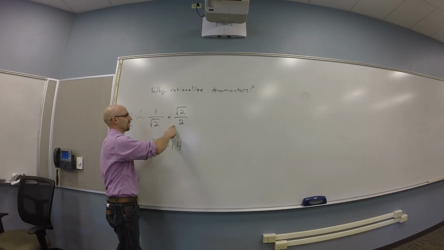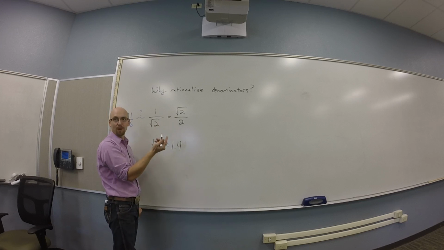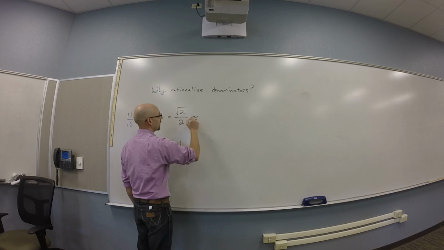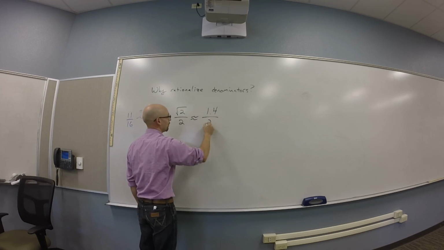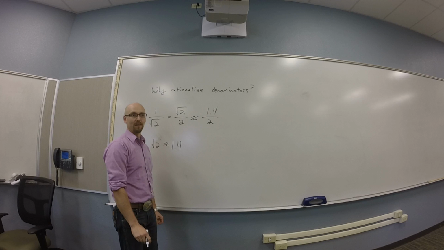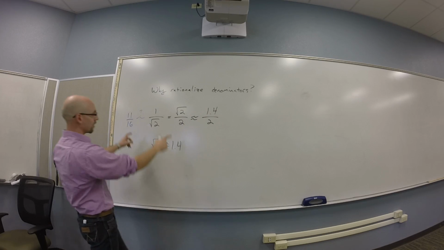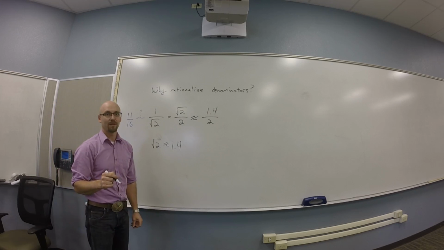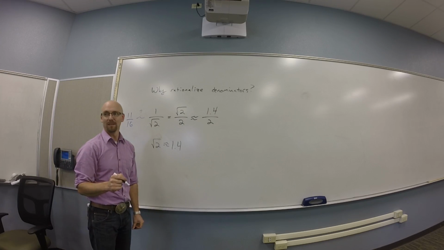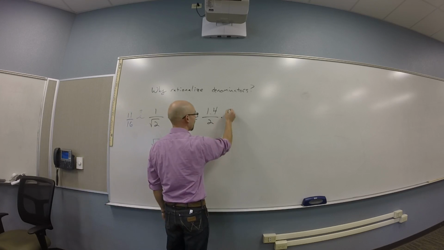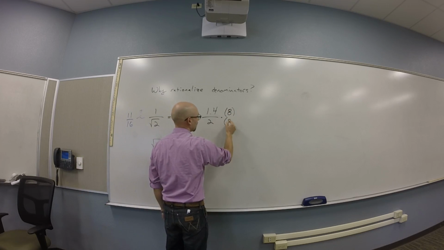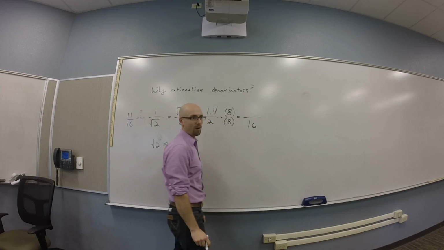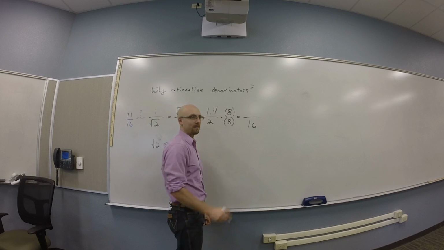But if I say, okay, what the heck, we'll multiply by root 2 on top and bottom, then I get 1.4 divided by 2, right? And then I know how to convert between halves and 16ths. I'd multiply by 8 over 8, and I'll get 16, and on the top I have 40% more than 8 is